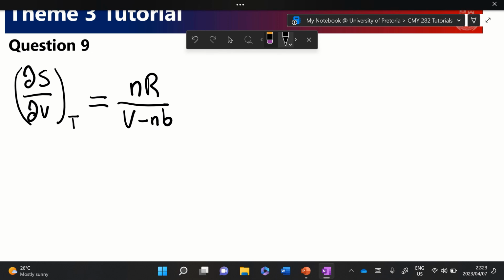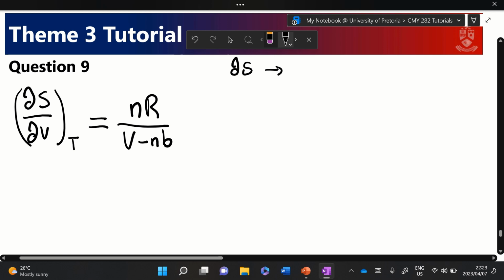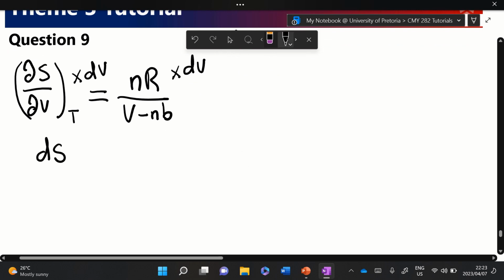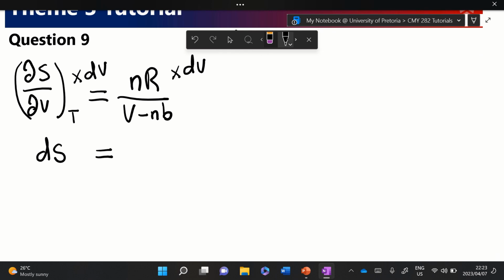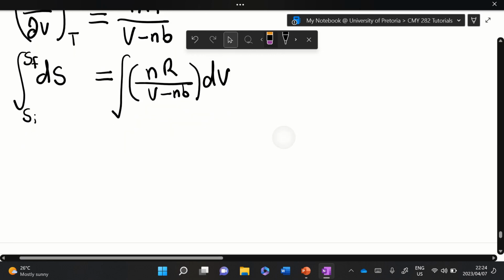Okay. But we want delta S, not dS over dV. We want to calculate delta S. So what I'm going to do now is multiply by dV throughout to get dS on both sides. So I'm changing from the partial derivatives to the formal derivatives, so then I can drop the T here. It's like a rap song. I'm going to drop the T here. Okay, anyway, then we have that, and then I'm going to integrate. So I'm going to integrate this between the initial entropy and the final entropy, and I'm just going to integrate this generally. Okay. So this then becomes delta S,